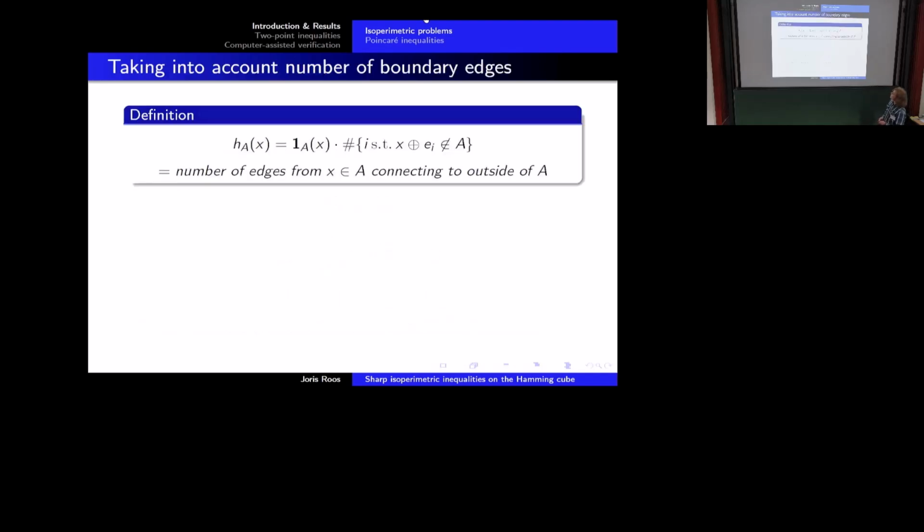So what's another notion of boundary? Instead of counting vertices, I could count edges, right? So let's start counting edges. I want to introduce this notation. I know in a talk you should introduce as little notation as possible, but this is one of the only pieces of notation I'm going to really need. So what is h_A of x? It is simply, for those points x in A, going to count the number of edges that go to the outside of A, right? So